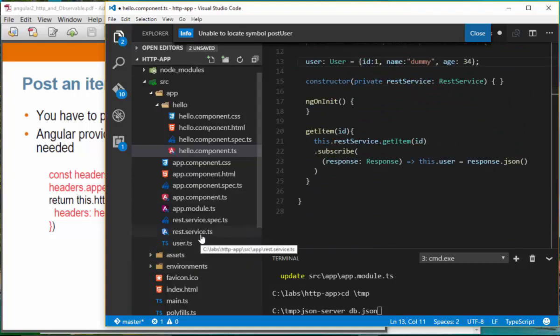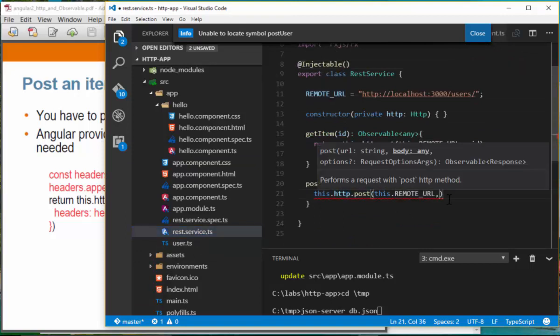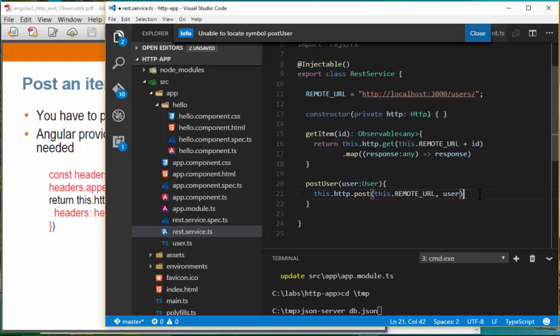So now in the REST service, we are going to have a user, and so in this URL, and then we have to actually provide a user object. Okay, and again we want to perform the mapping of that map, so I'm going to just copy the whole thing here and return. Okay, so it will perform the post operation, and it will return an observable. When the data is received, it will convert